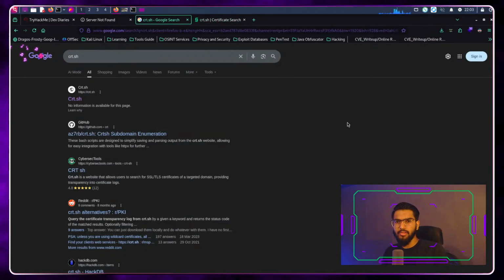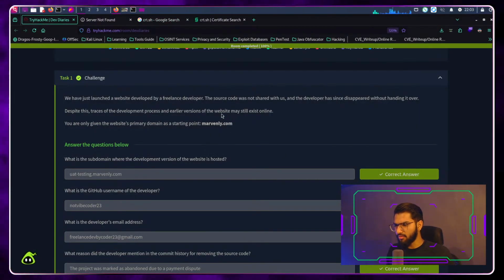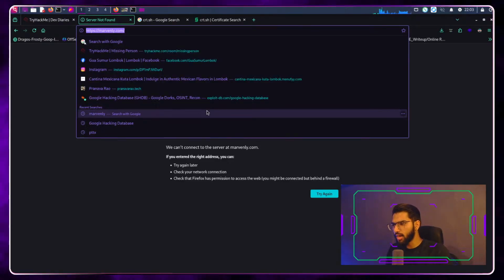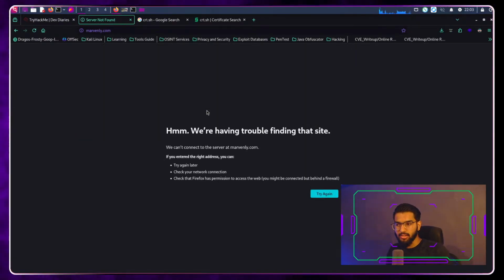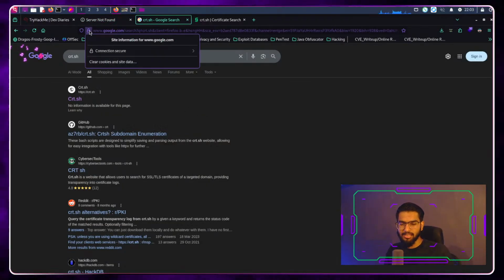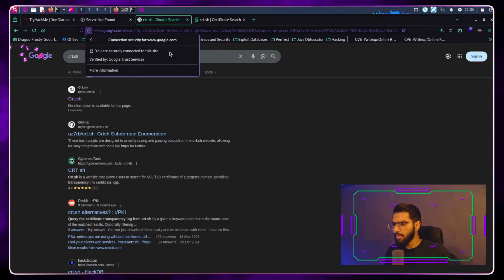Meaning, what certificate am I talking about? Now, since they give us a context that the website may still exist online, it is highly likely that the website might have been once hosted publicly, and it might have also contained something like an SSL certificate, which is the certificate that comes with any secure website, containing the certificate information.